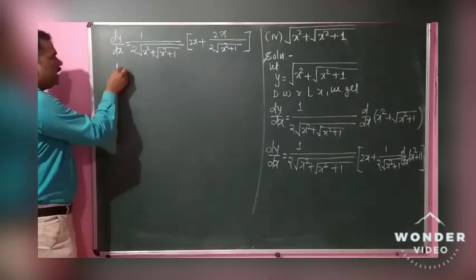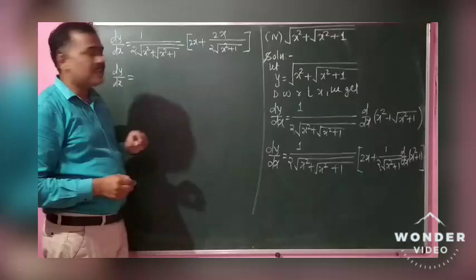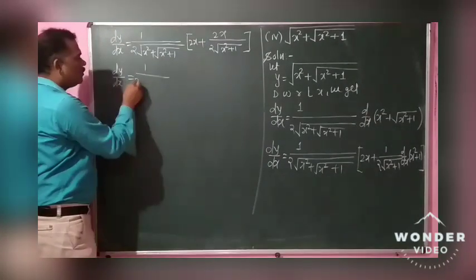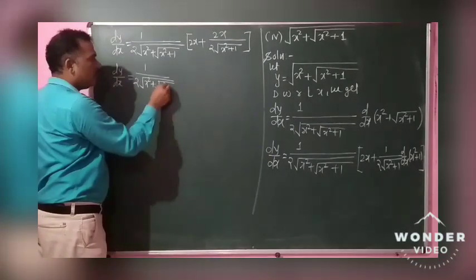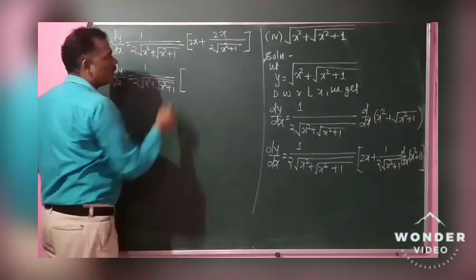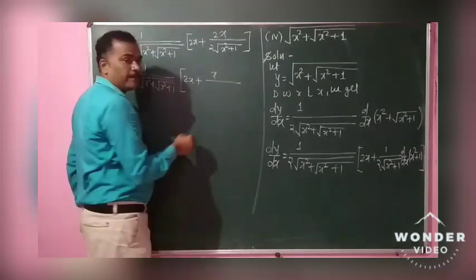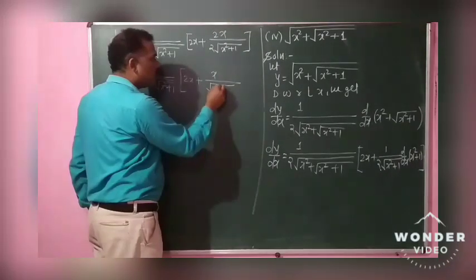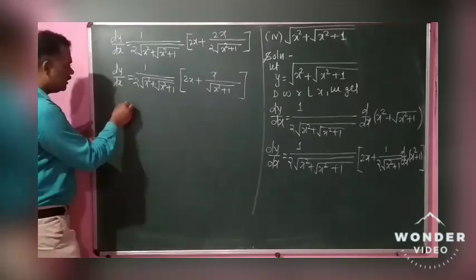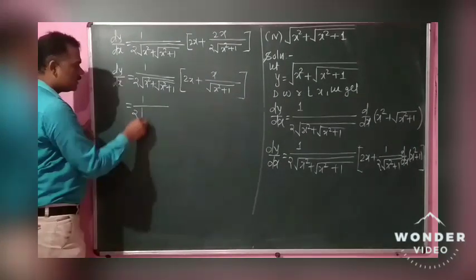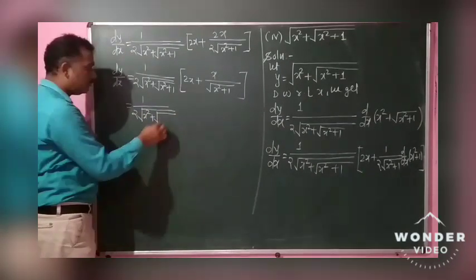That is dy by dx is equal to, see here, 2 gets cancelled. That is 1 upon 2 times the square root of x square plus the square root of x square plus 1, into, how to write this, 2x plus x divided by the square root of x square plus 1. We have to simplify this, we have to equalize the denominator, that is 1 upon 2 times the square root of x square plus the square root of x square plus 1